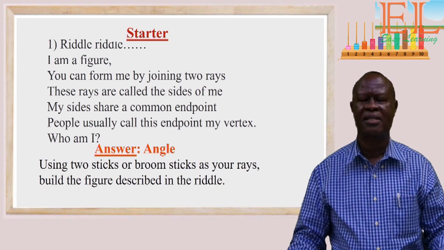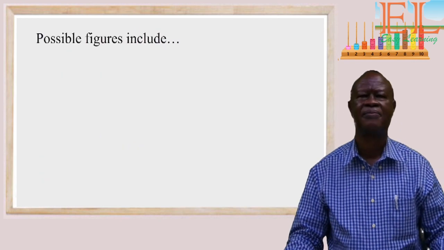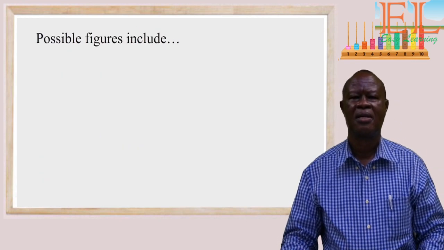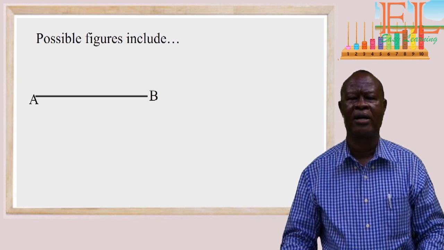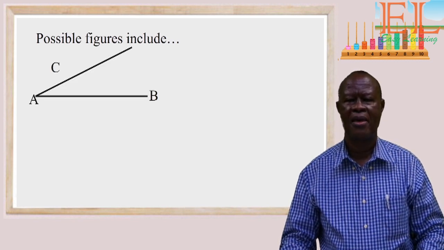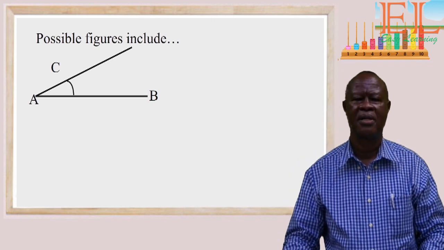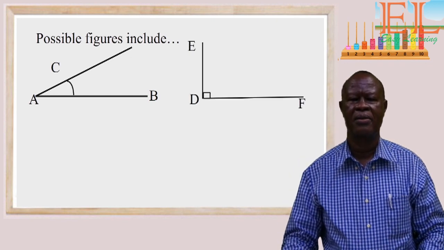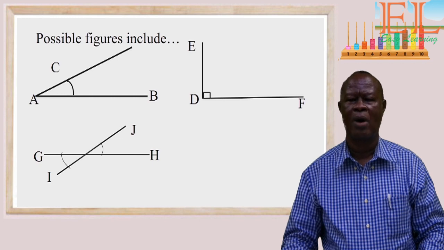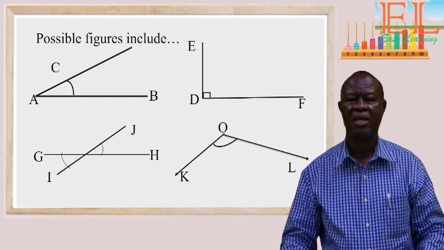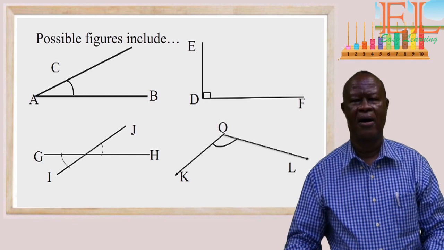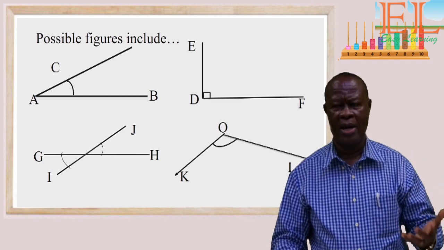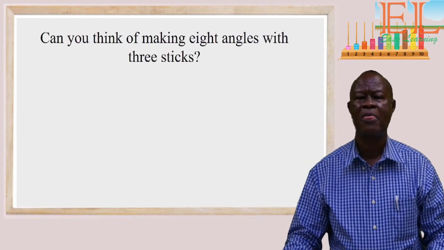Now let's look at the possibilities. This is one possible angle you can form. A second one, a third one, and a fourth one. You can form as many as you wish with these two sticks. Now, we are going to form another one using